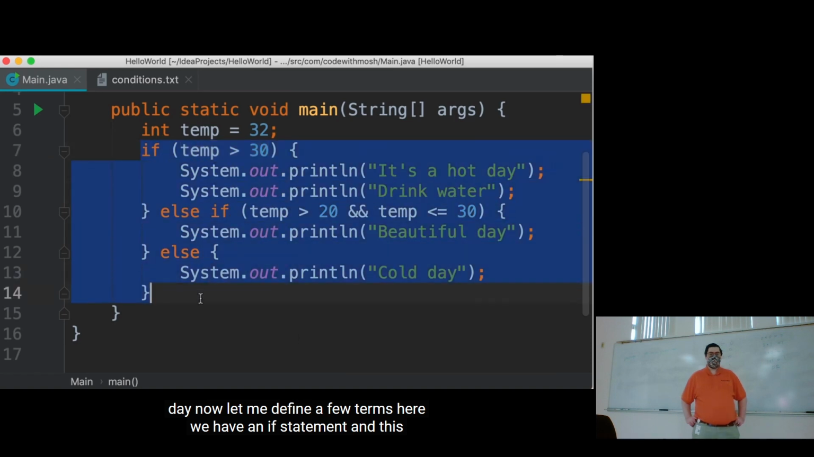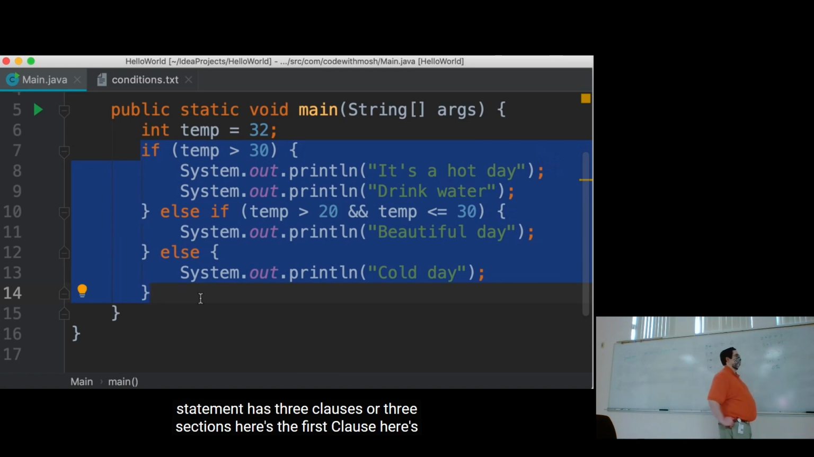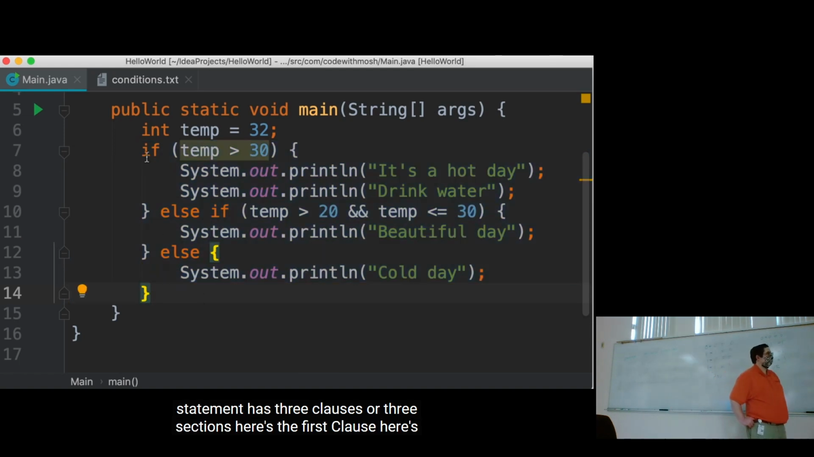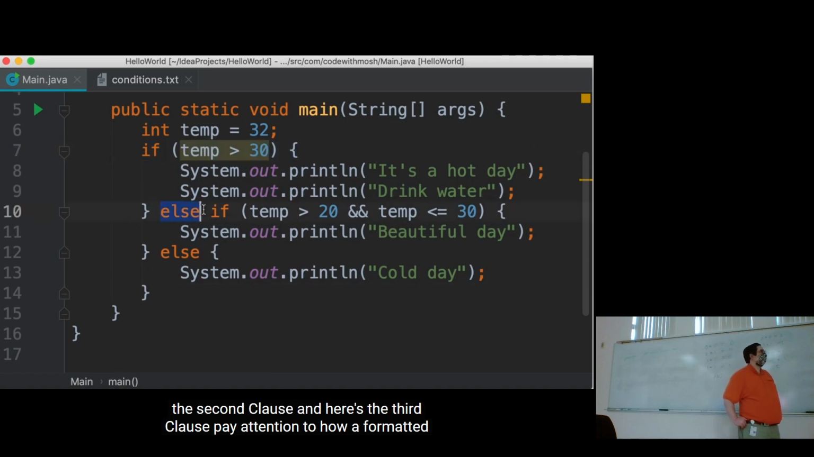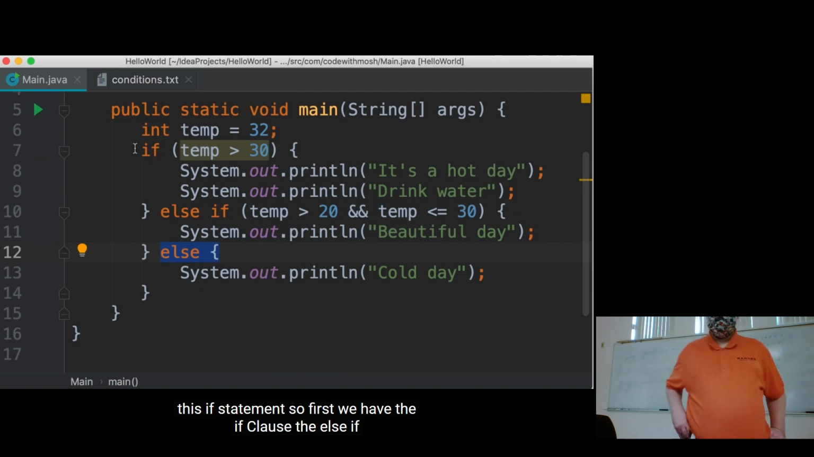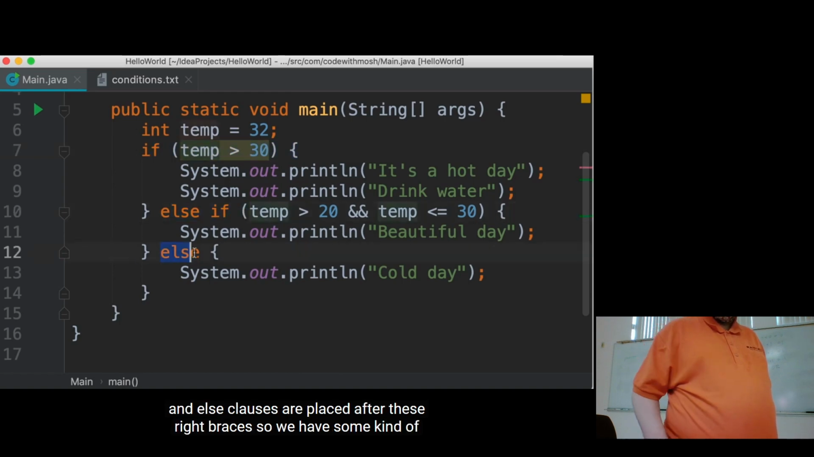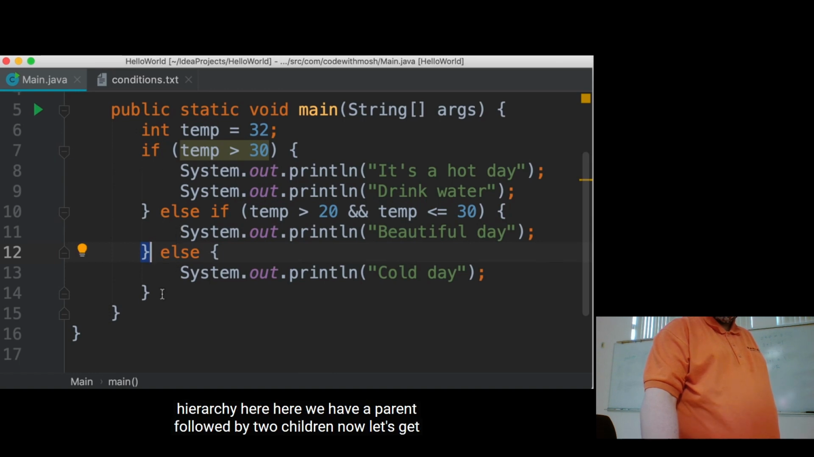Here we have an if statement, and this statement has 3 clauses or 3 sections. Here's the first clause, here's the second clause, and here's the third clause. Pay attention to how I have formatted this if statement. So first we have the if clause. The else if and else clauses are placed after these right braces. So we have some kind of hierarchy here. Here we have a parent followed by 2 children. Now let's get rid of these unnecessary